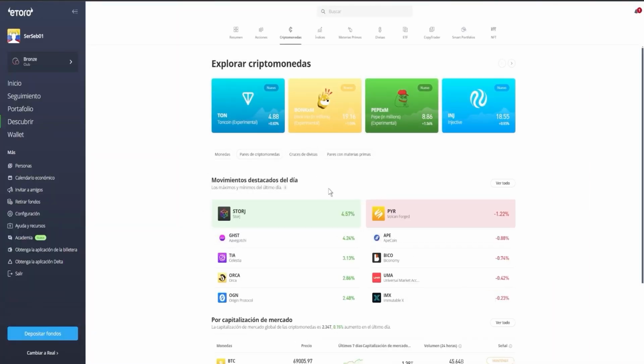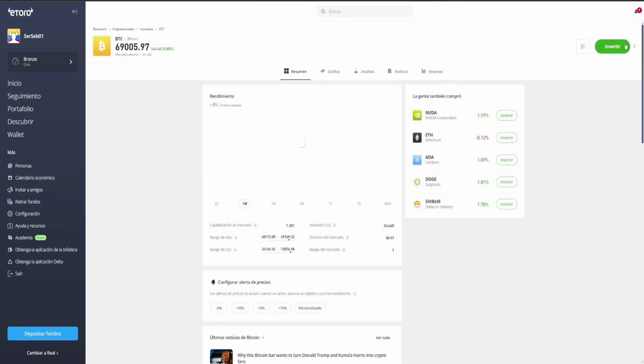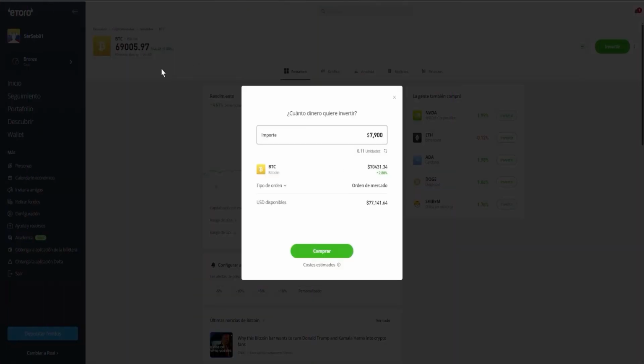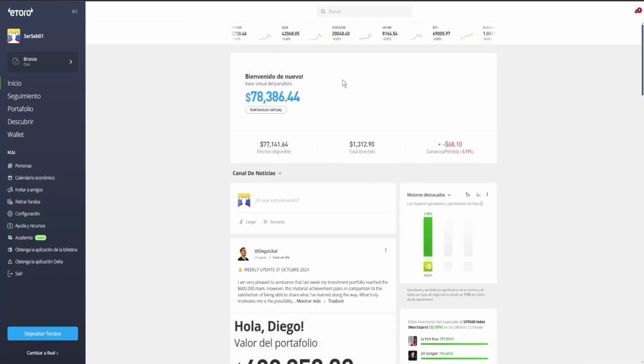For example, with crypto, it works exactly the same way, but honestly, I personally don't really recommend investing in crypto through eToro that much, but you could do it if you want. You come here where it says Bitcoin, click on invest, and here it works the same way. If you notice, Bitcoin is at $69,005 and I can come here even if I don't have 69,000 but I do have 6,900 and it tells me that it gives me 0.9 units. Here the concept changes just a little bit, but in the end it is basically the same thing. It gives you 0.09 units of this Bitcoin or of whichever cryptocurrency we are choosing. And this is exactly how you are able to invest in these fractional shares on eToro.